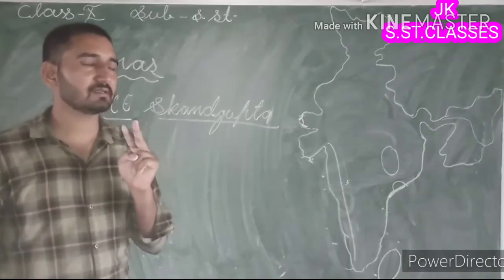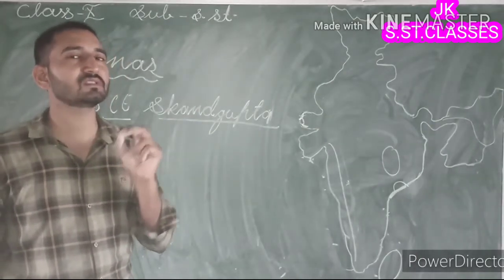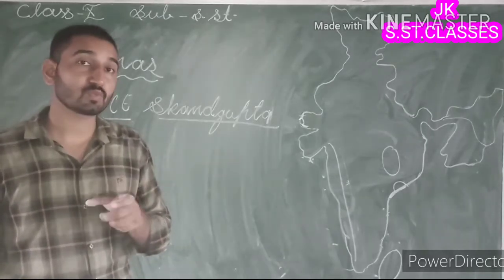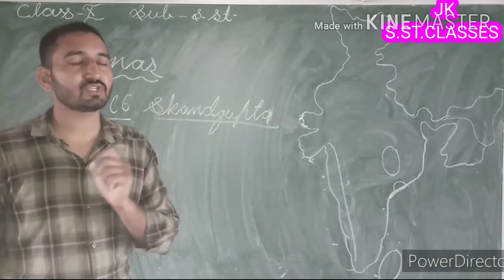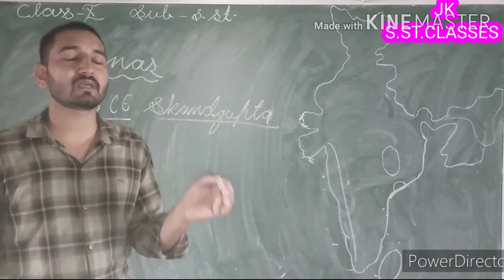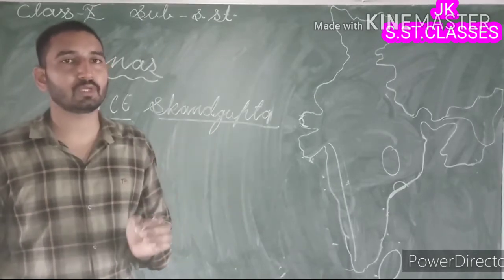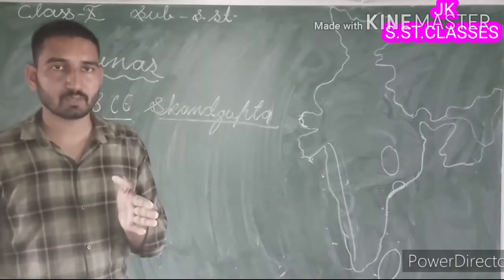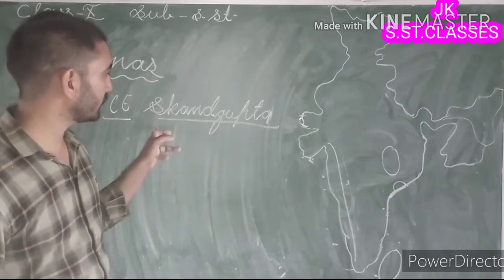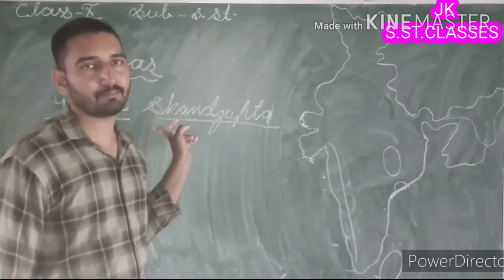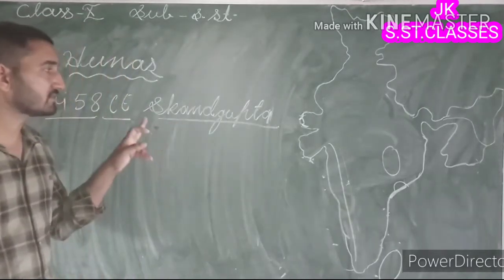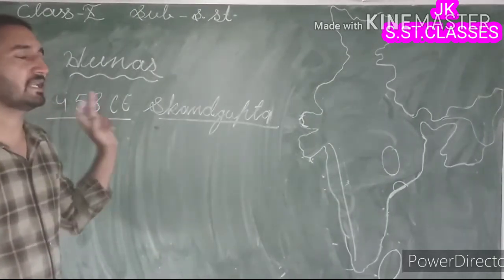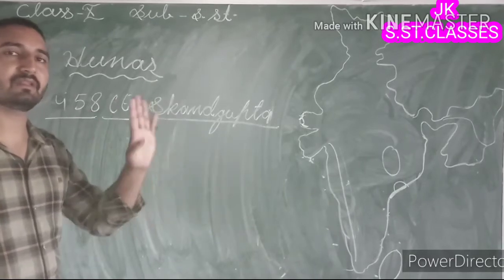So as we discussed about Skandagupta, two things are very famous. First, he renovated the Sudarshan lake, which was constructed by Pushyagupta at the time of Chandragupta Maurya, who was the governor of Saurashtra. So this lake was renovated by Skandagupta. Skandagupta is famous because he confronted the invasion of Hunas. He defeated them in this way.